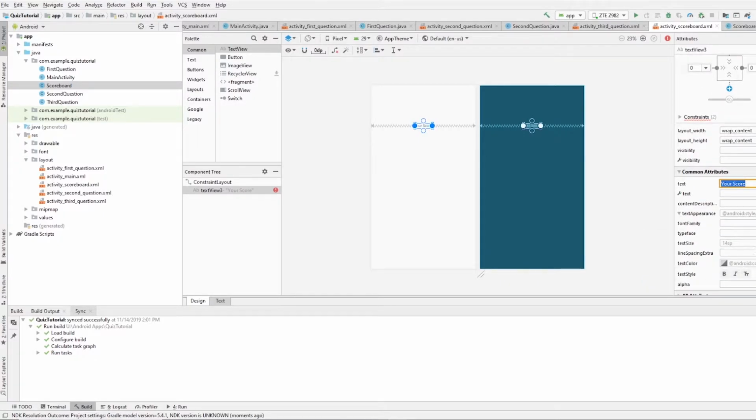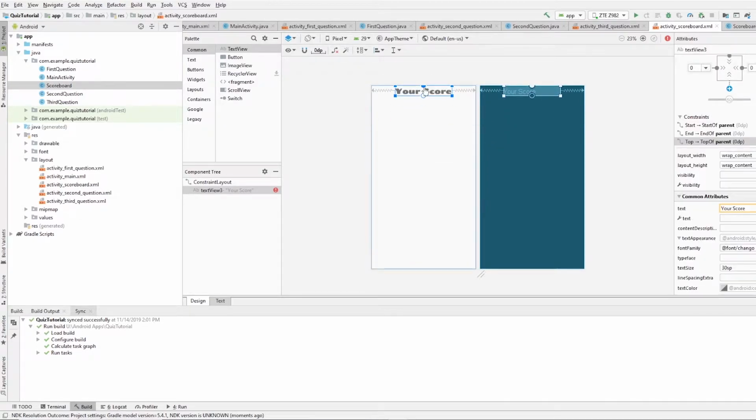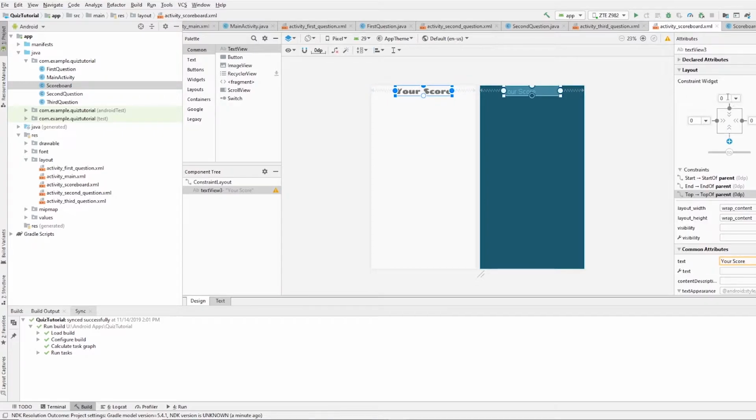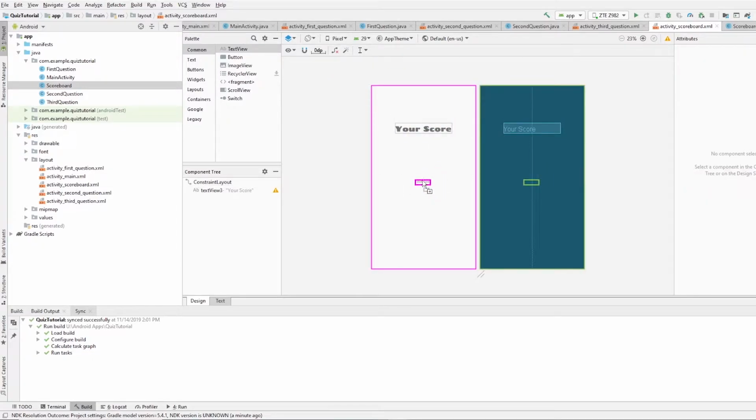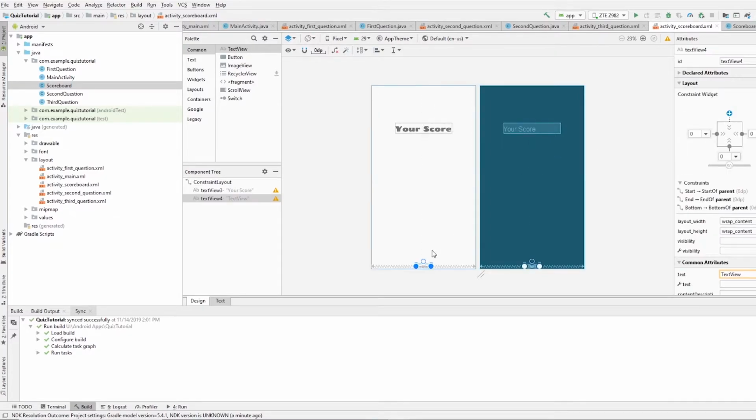And then we're going to increase the font because 14 is too small. Maybe 30 is fine. And then font family, I'm going to change to Django to keep it consistent. You want to add an upper bound. Maybe make it something like 150. And then we're going to keep these horizontal bounds. Then we're going to do another text view right below it. And we're going to get rid of the top margin first and then pull it up to your score text